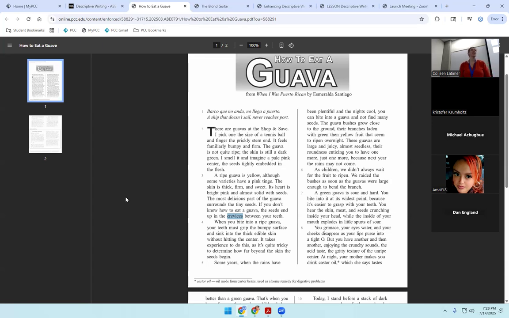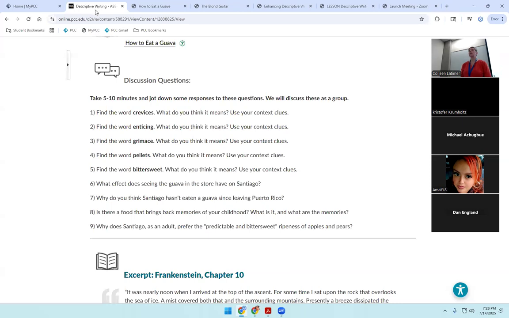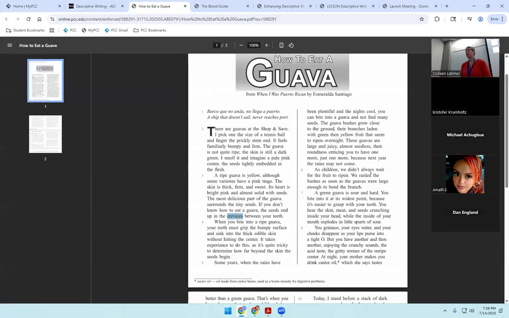Yeah, crevices. So just those little spots between your teeth. But sometimes we talk about crevices when we're talking about rock, right? That's a really common place to see crevices, and that is exactly a narrow space that has opened up between rock. Excellent. How about the next one, enticing? And that one occurs over here in this 5th paragraph.